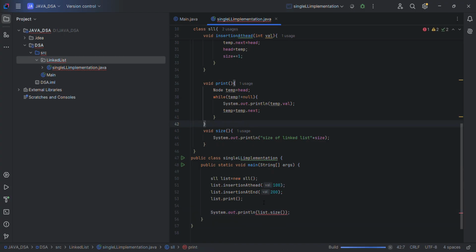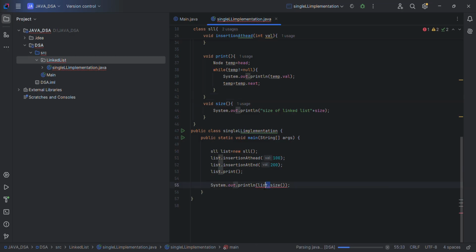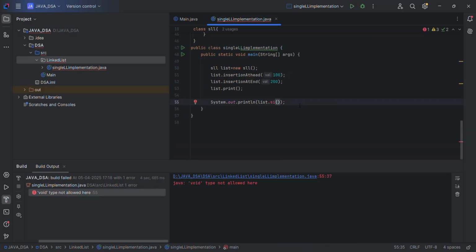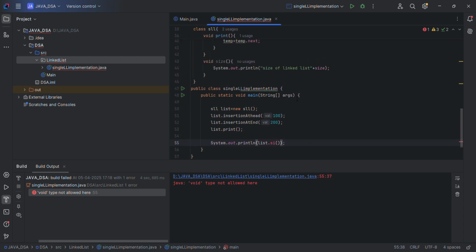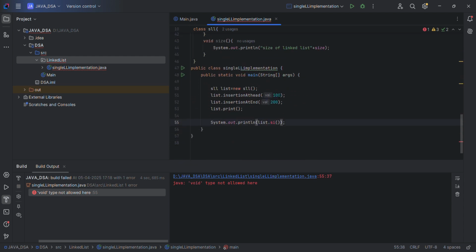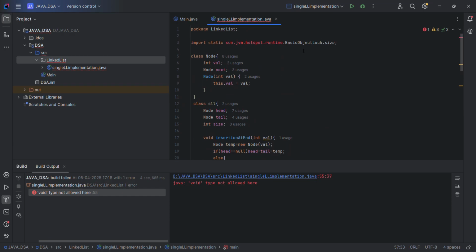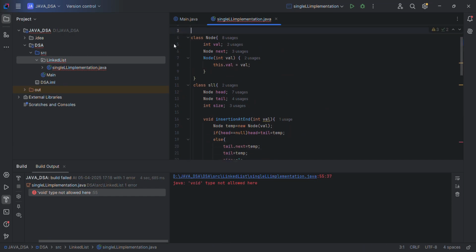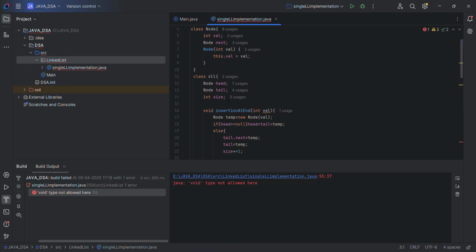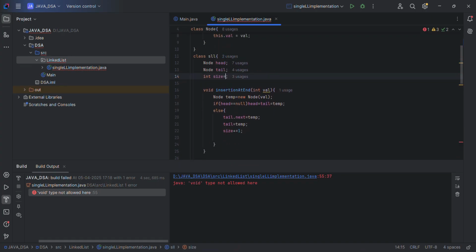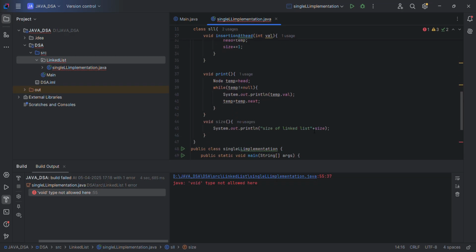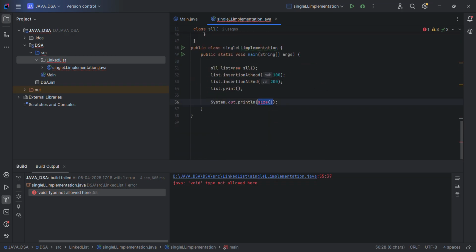That's the thing. Here an error is showing, so I think, okay, why is it not allowed here? I think I have to print it. Some change I have done. I don't have to do this. I have to first create it in size. We can do it like this. In Java we have to just initialize any variable with